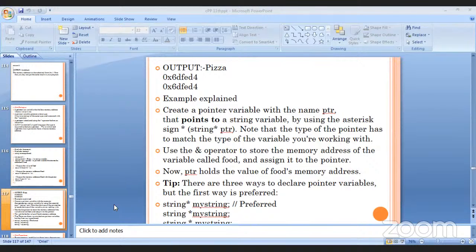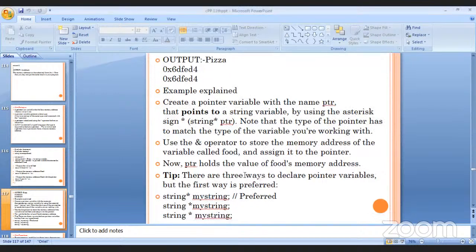We are working with this, the pointer and asterisk. Use the & operator to store the memory address of the variable called food and assign it to the pointer. Now ptr holds the value of food's memory address. Then tip is what? There are three ways to declare pointer variables, but the first way is preferred: string* mystring;